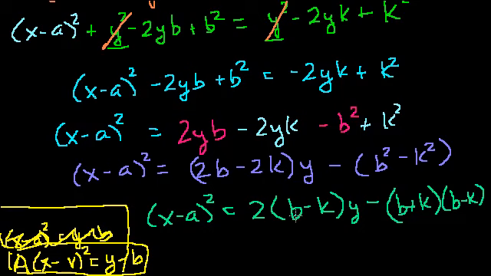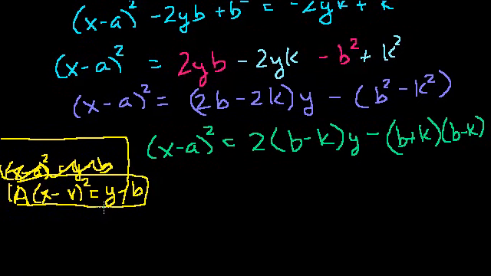And I wanted to do that because I saw this b minus k out there, so that looked interesting to get on both terms right there. And let's see, let's divide everything by 1 over 2 times b minus k, because I just want a y here, so I have some coefficient in front of the y. So let's divide everything by 1 over 2 times b minus k. So then you get